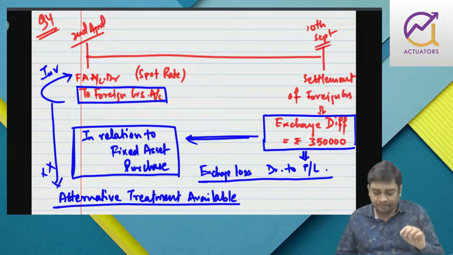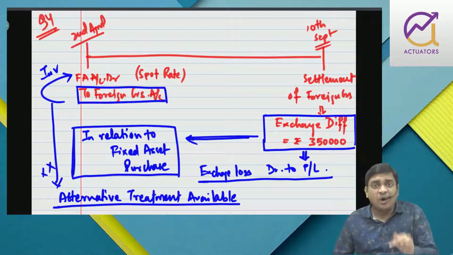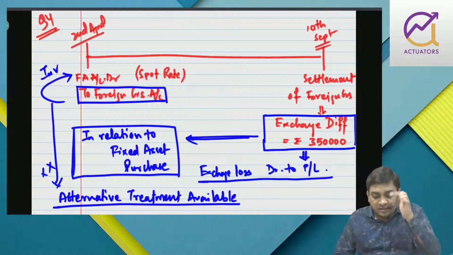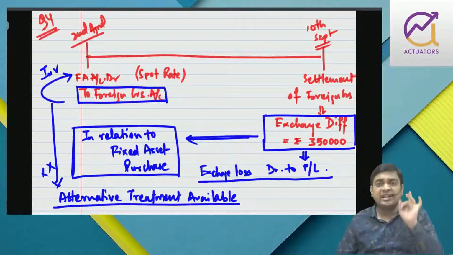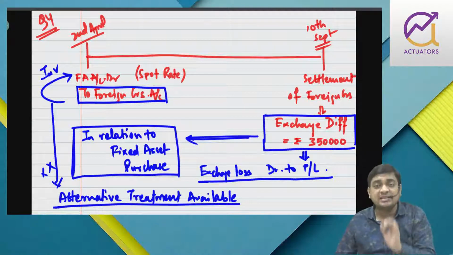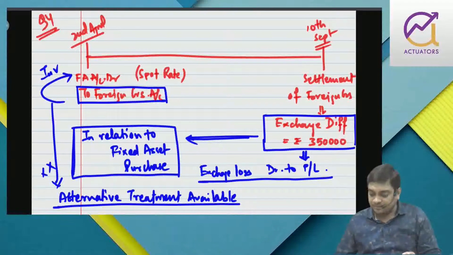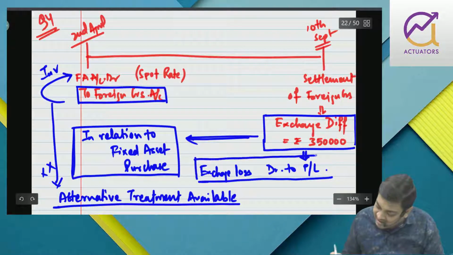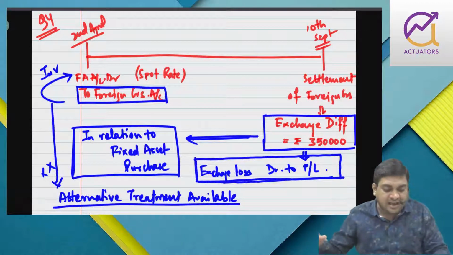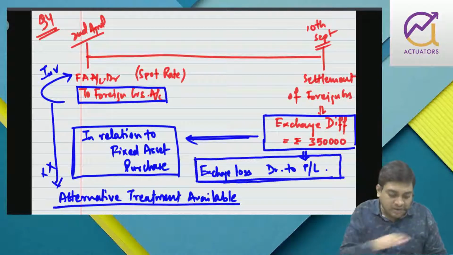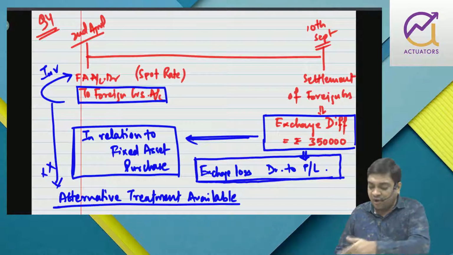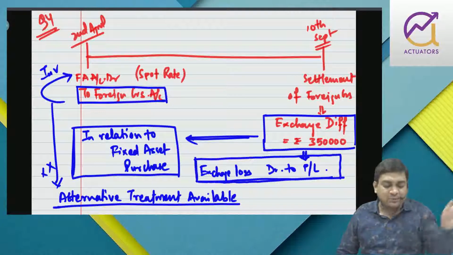Try to understand. Since this foreign liability, this FCMI, is in relation to fixed asset purchase, then only you can exercise this alternative treatment. And it is at the option of the enterprise that the enterprise can go for this. But in accounting standard 11, it is clearly mentioned that exchange difference will be debited to PL. The question is absolutely correct. The treatment done by the accountant is absolutely okay. Whatever exchange difference has occurred on payment of this foreign creditor that has been debited to PL is absolutely correct.